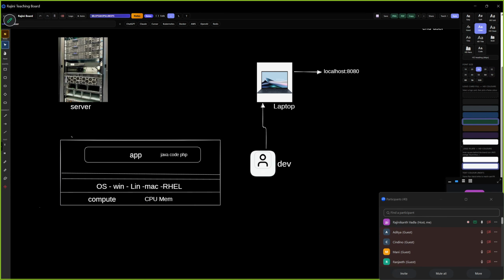Every server will have one unique IP address, sir. What is meant by IP? Internet Protocol. We might know IPv4, like 192.168.1.1. You all might have seen an IP address like this.